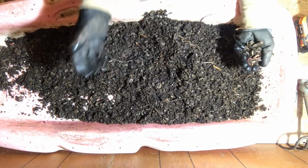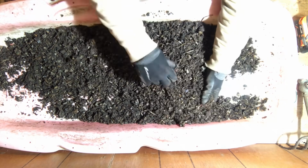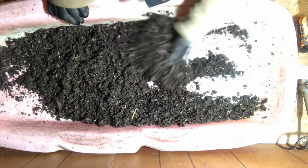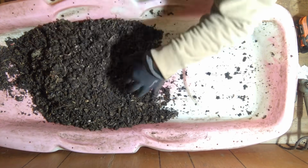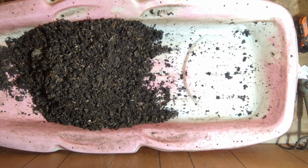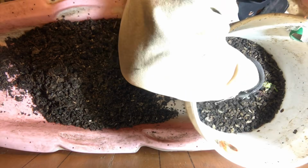There's an earth smell here. That's all it is, and this gets better and better. Now this, I'll put in a bucket that I've already got some castings in. Oh, right here, this is another fermenting bin. Again, they make great...